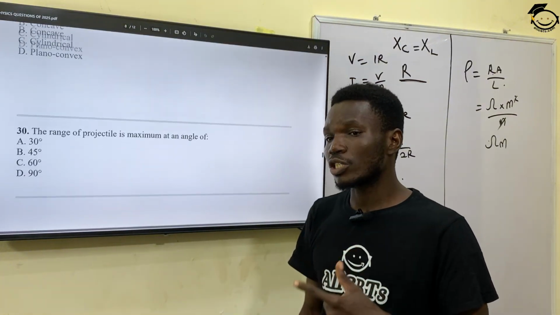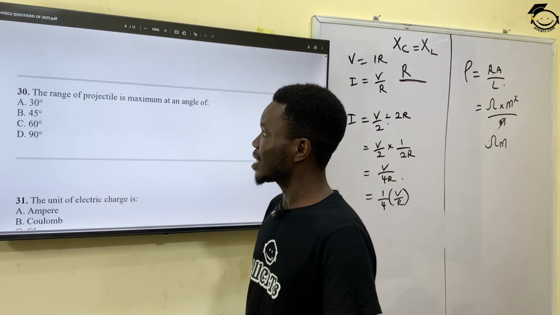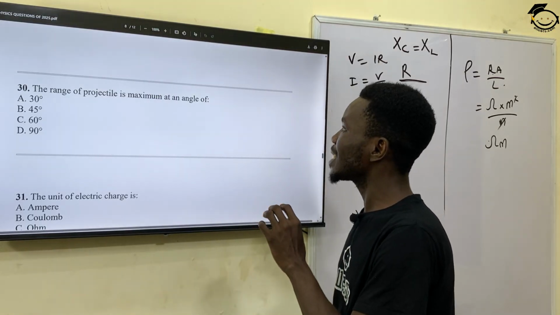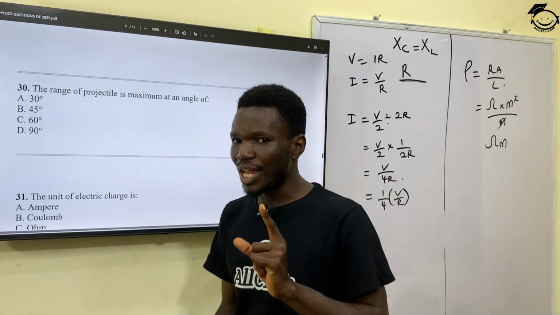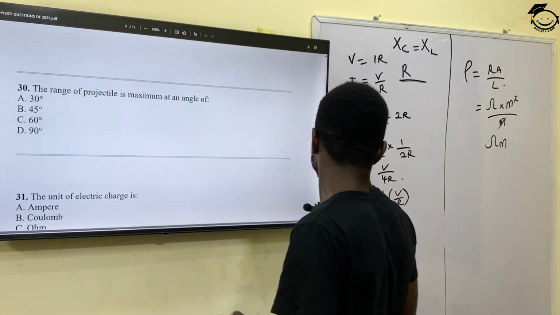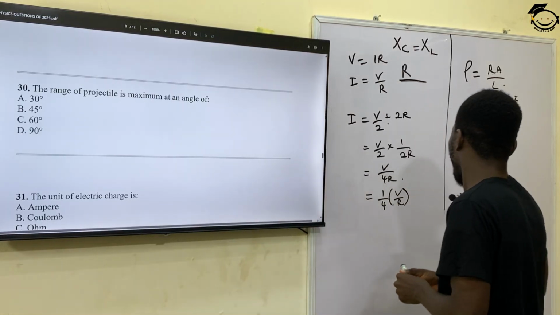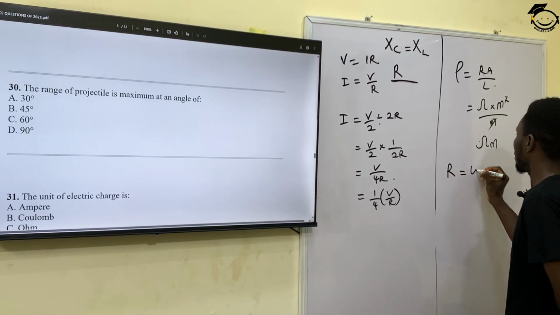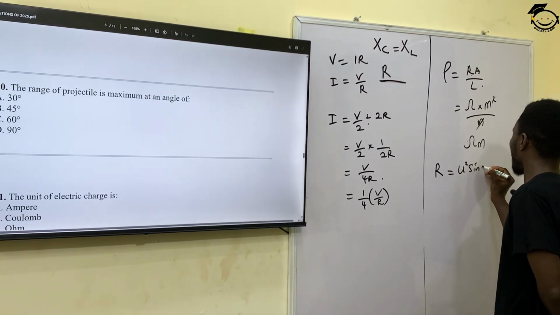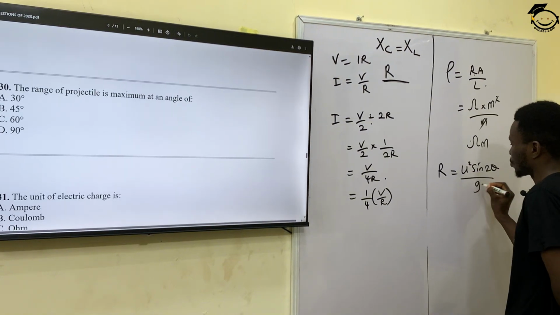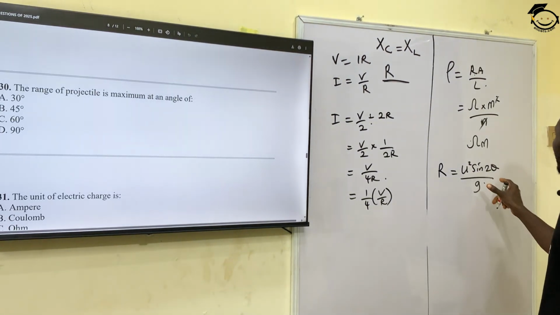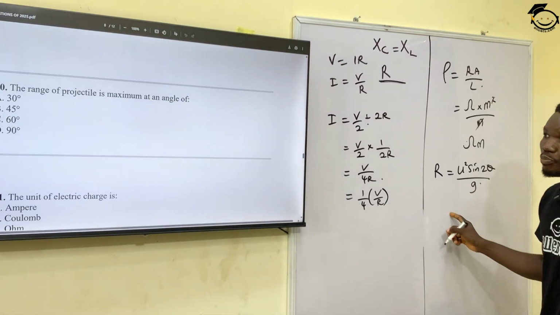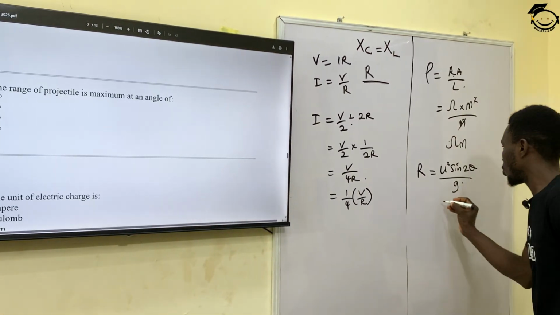So that is also question number 30. Question number 30 says, the range of projectile is maximum at an angle of dash. And we know that our range in projectile motion is u squared sine 2 theta over g. And this can only be maximum if the angle of projection is 45 degrees, because this means I'll be having